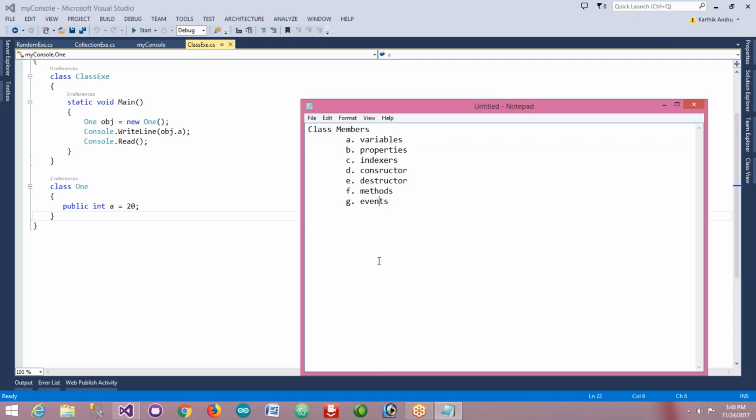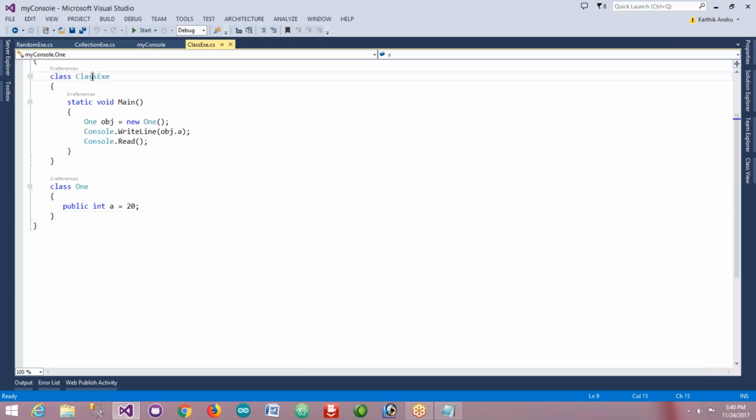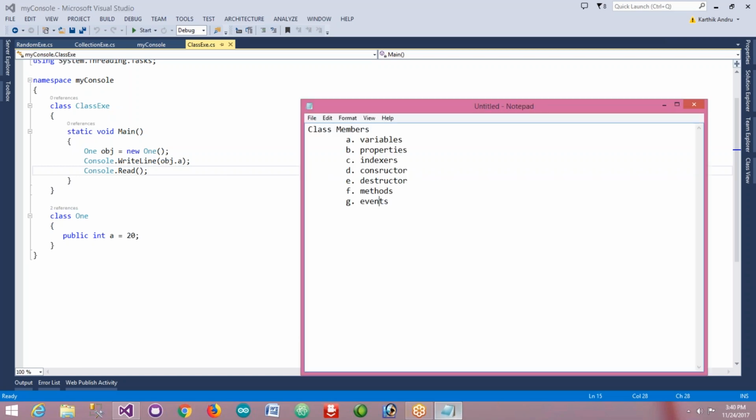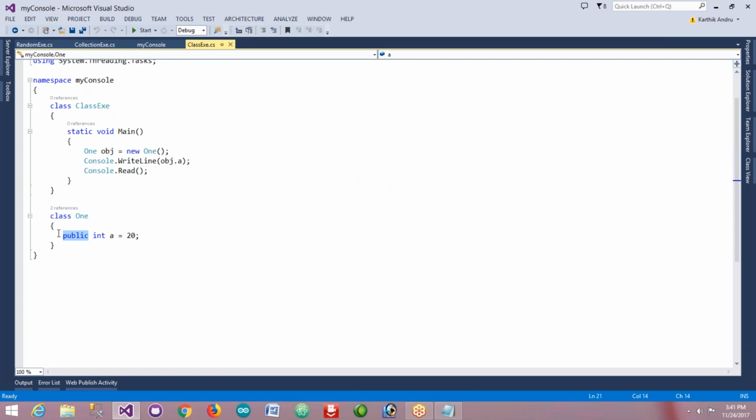In the previous session, we learned about the class: what is a class, how to create a class, then how to access the class members with the help of an object. We have seen all that. So once again, what is a class? The first one is, class is a user defined data type. A class can have these 7 members, and by default class members are public,